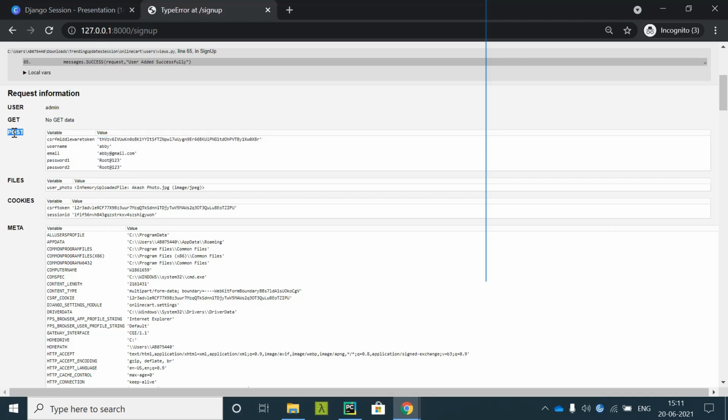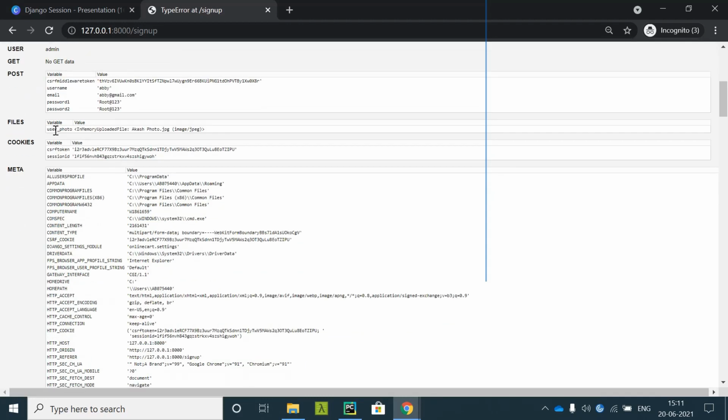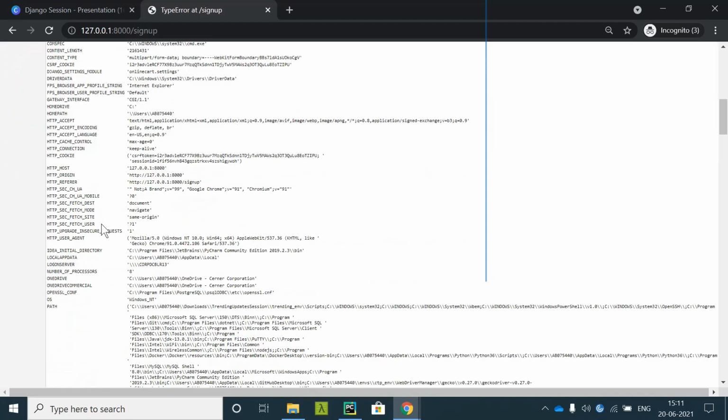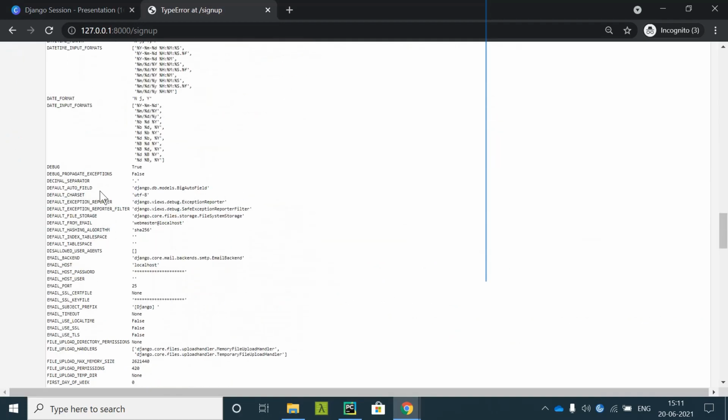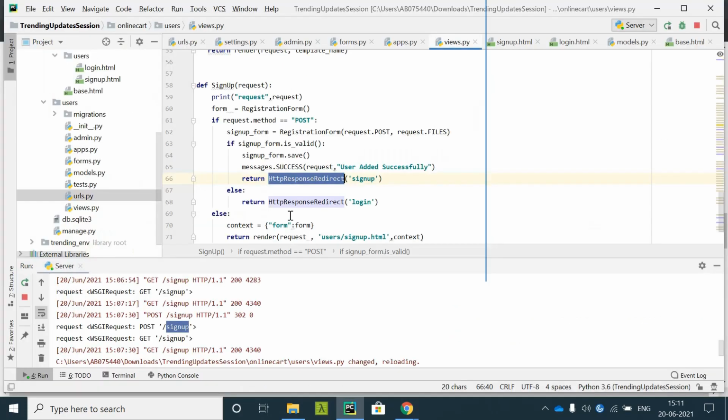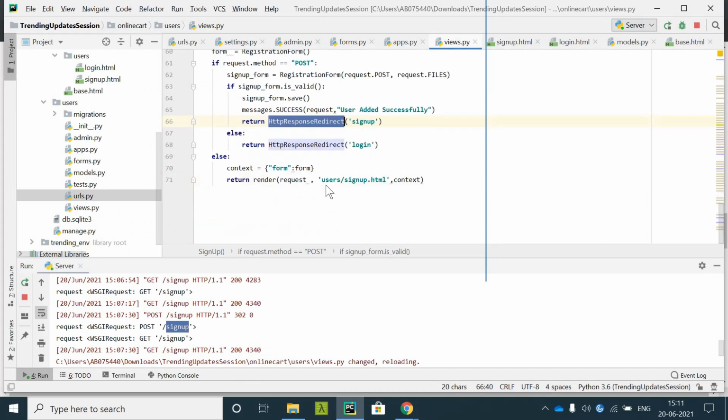This is what got posted: username, email, password, and CSRF middleware token. And the user photo also got posted. Cookies are this, session ID. These many things got posted. Let me check where exactly is the problem.